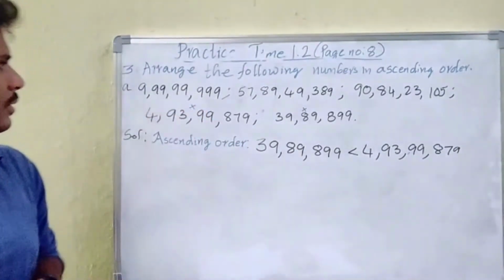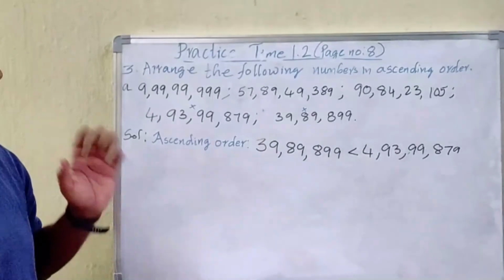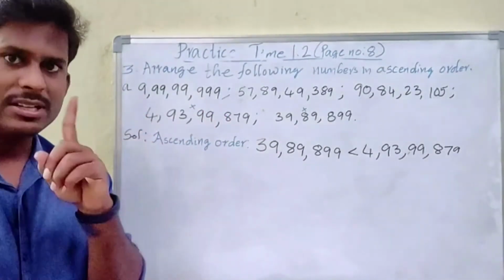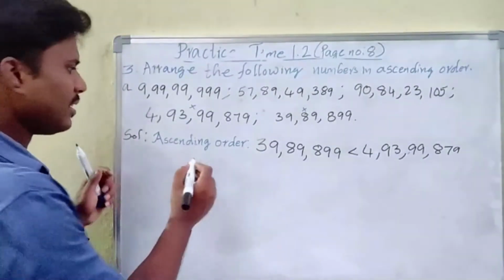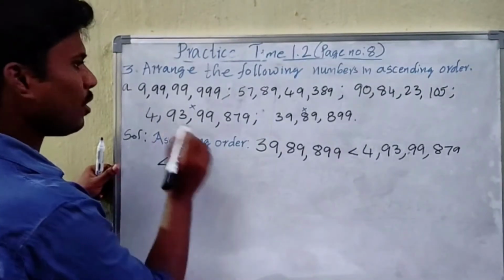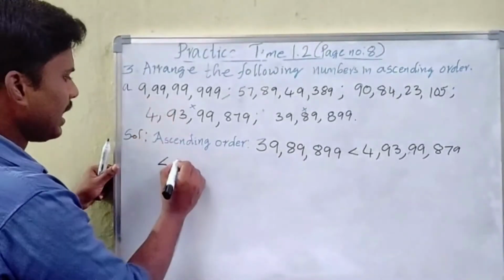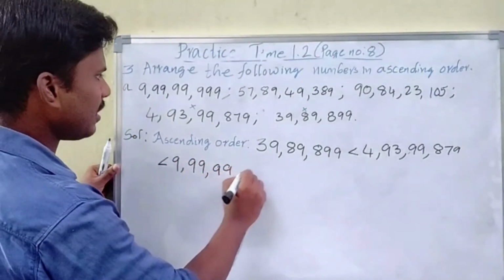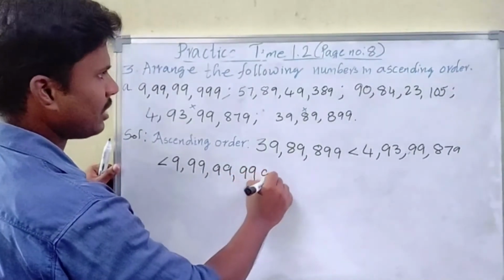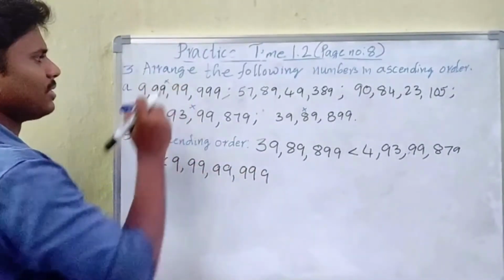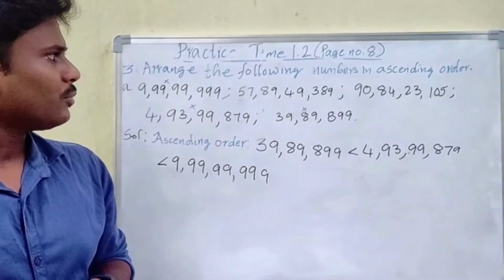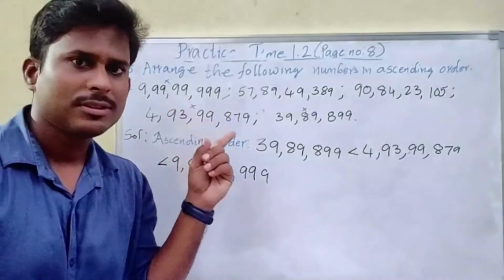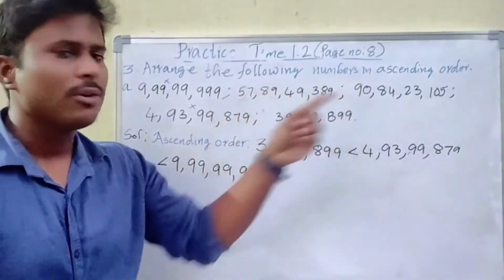So cross it, and see next. Here we have only the crores place, 1 crores place. So this will be the next, which is less than 9 crore 99 lakh 99,999. As we completed this, I am striking this also. 2 numbers are left over. In the 10 crores place you have 5 here, you have 9 here.